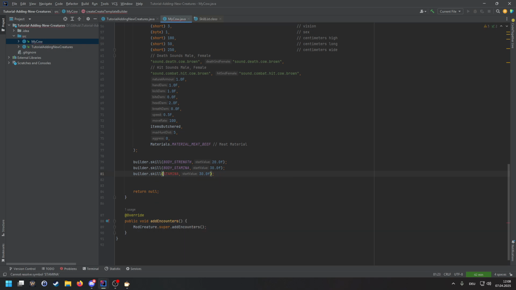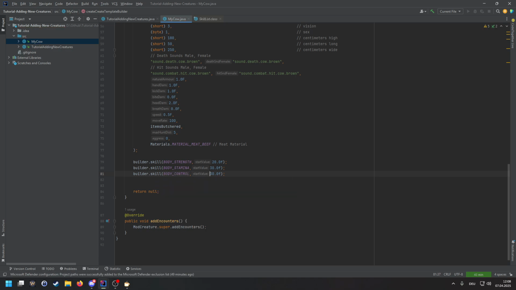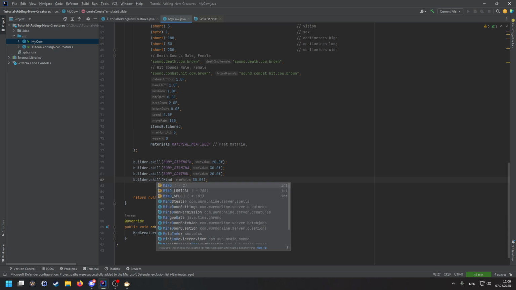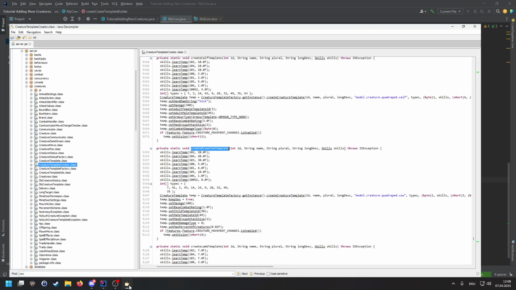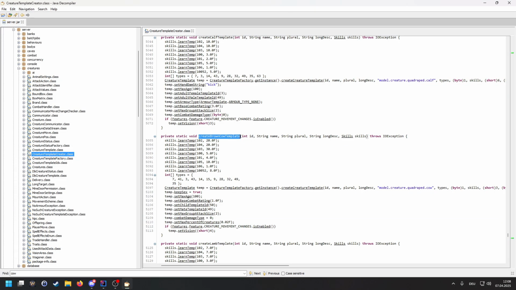Body control, which is 20. Mind logical, that's 100. So that should be above, right? Mind logical, and the cow has 5 mind logic. Can it even create one item? All right, the next up is 105, which is